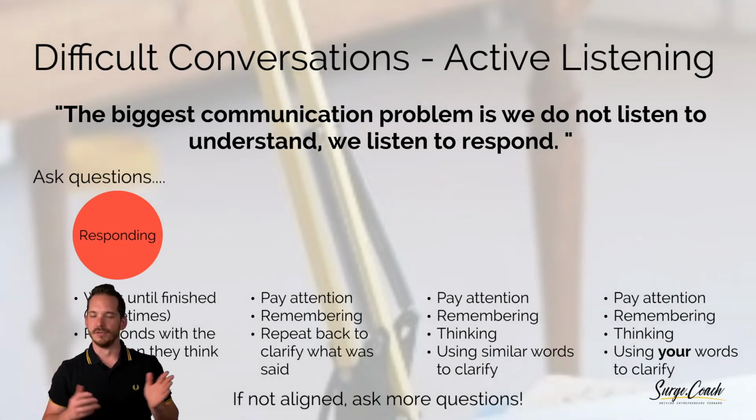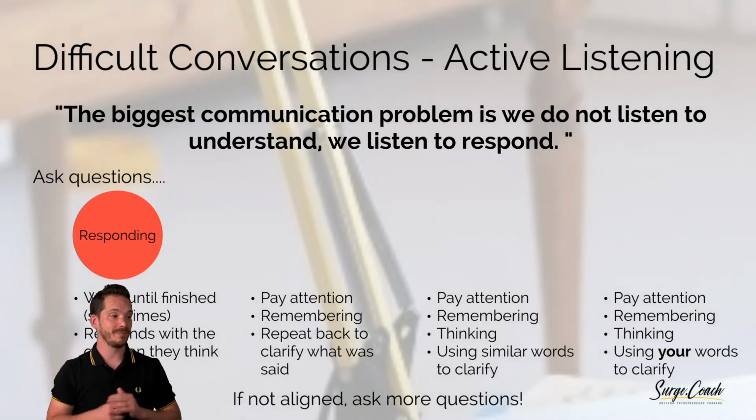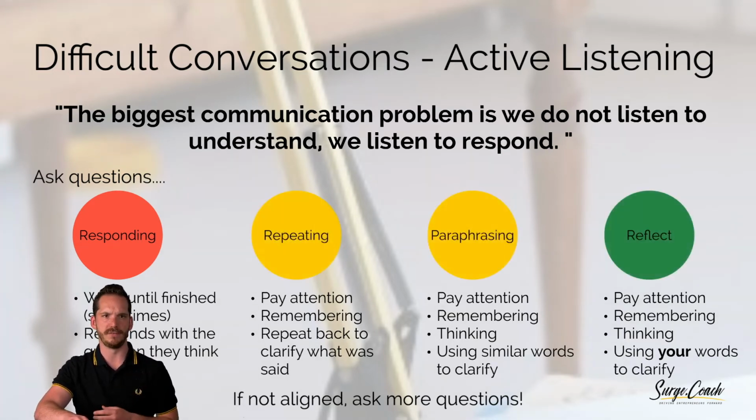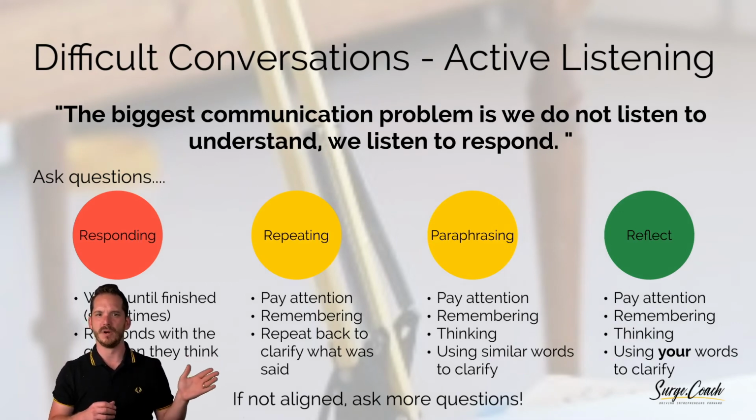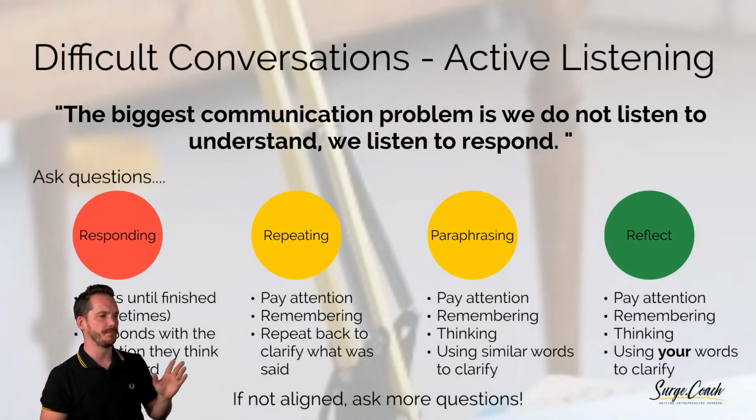The stages, there's always stages, right? I'm always gonna give you a progressional chart. There's responding. People who wait until someone finishes, sometimes, and then they respond with a question that they were already going to say in the first place. Trying to persuade someone, they're just responding. It's a very bad thing to do. No one feels the empathy and it causes conflict of interest. The other 3 stages, I find them all quite the same, but reflecting is the best one. But yeah, we'll get to that.